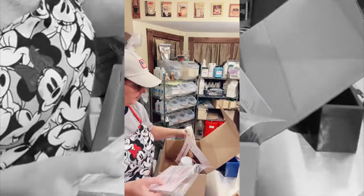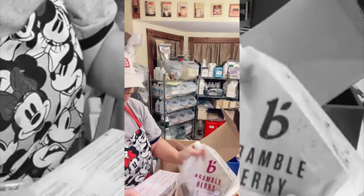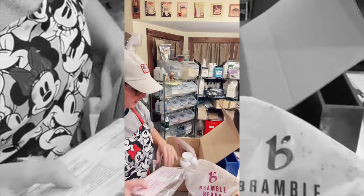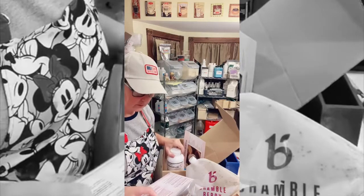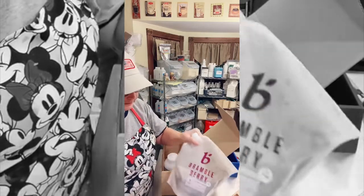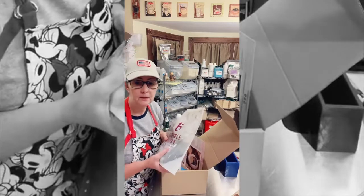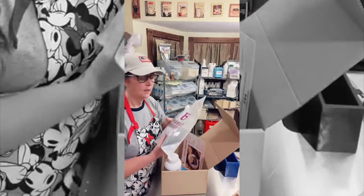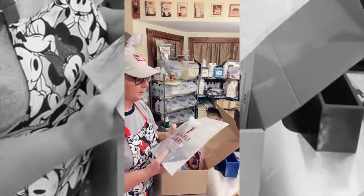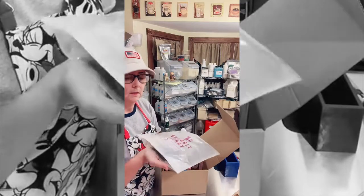It comes with 33 ounces of African black soap quick mix. It comes with the lye, which John has already weighed out. What does the quick mix mean? The quick mix means that they put all of their oils together, like I put all my oils together and put them into Bertha so that it's ready for me. AnneMarie from Brambleberry puts all of the different oils to make the soap into this